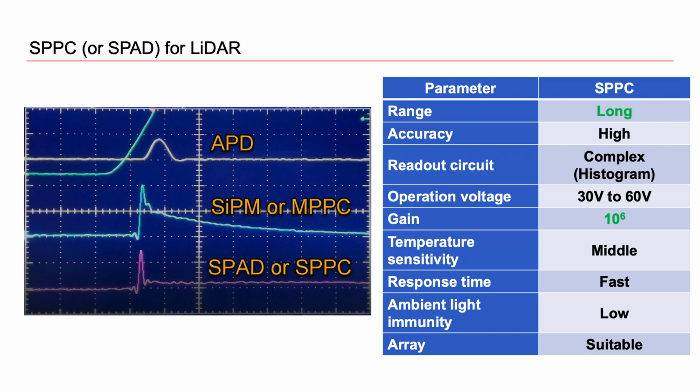Each SPAD element can be very small, in tens of micrometers, acting as a very small pixel but with very high internal gain and a low noise detector. This technology is perfect for the flash LiDAR concept when a high-resolution array is required to acquire the best image resolution or angular resolution. One challenge is the complexity introduced by the readout electronics, which is very simple when fewer SPAD elements are needed,